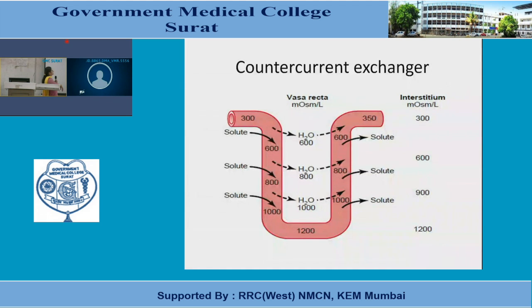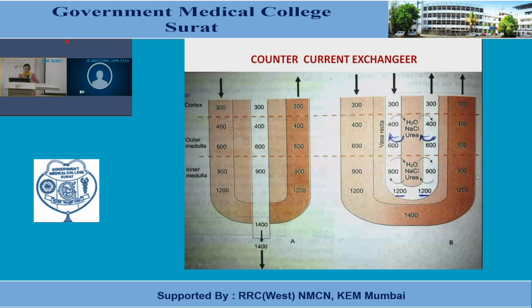And this osmolality is very important for movement of fluid from the cortical collecting duct. So the vasa recti also plays an important role in maintaining the osmolar gradient and medullary interstitial hyperosmolality. This is again the countercurrent exchange system. We have already discussed it. You can see the multiplication of the effect.